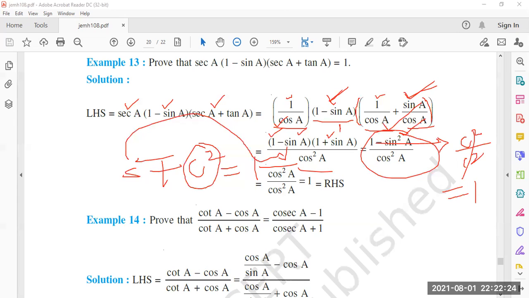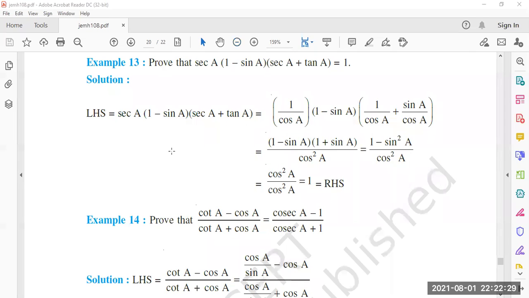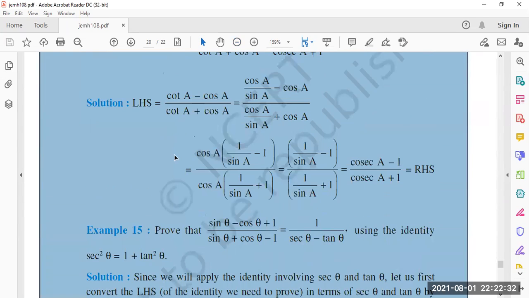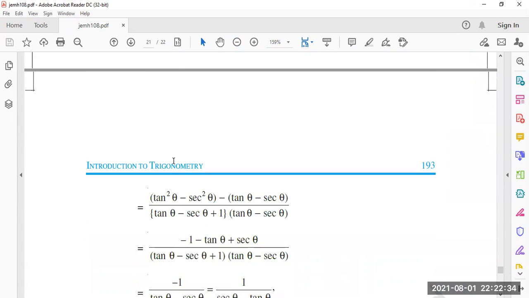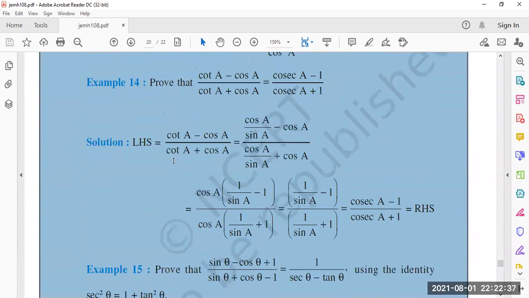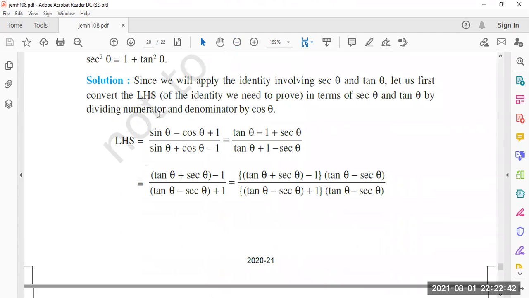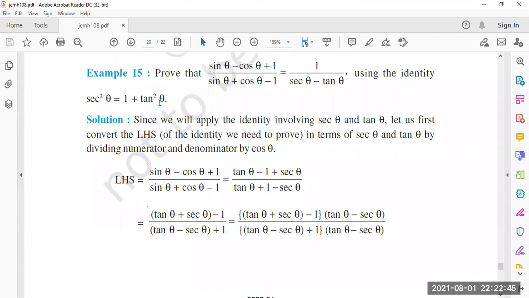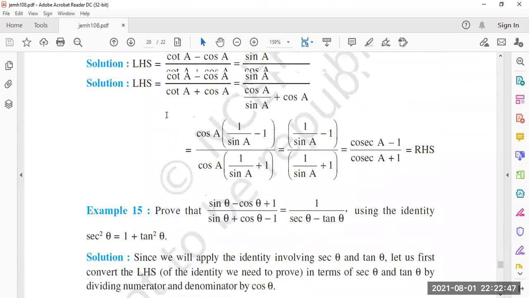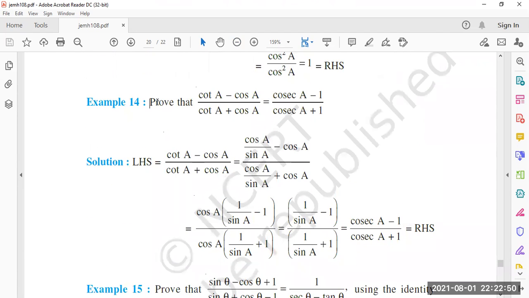So children, before we start solving the exercise questions, it's your homework to go through all these examples. You have very few examples left for practice. Only two more examples are left: example number 14 and example number 15. Probably you may get confused in example number 15. No problem, but at least try to solve example number 14. After all this is done, go through this video again and watch it, because understanding of those trigonometric identities is very, very, very important.